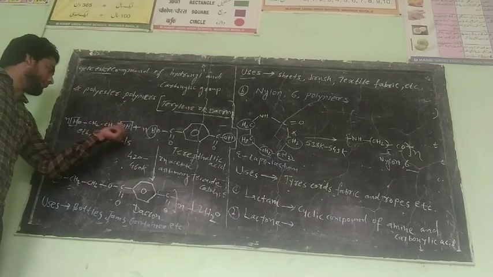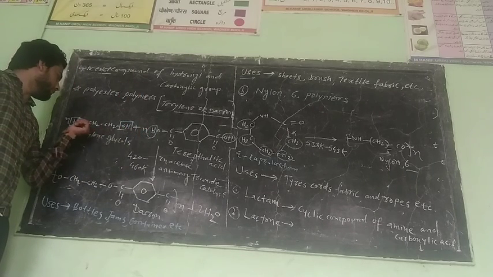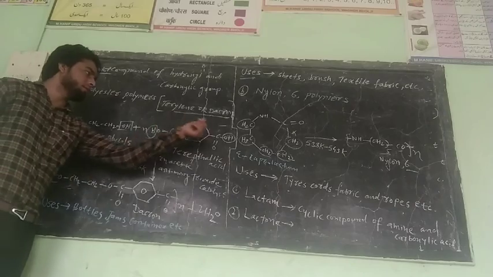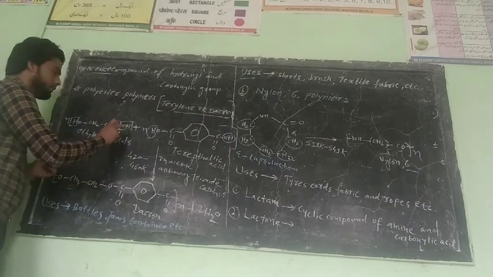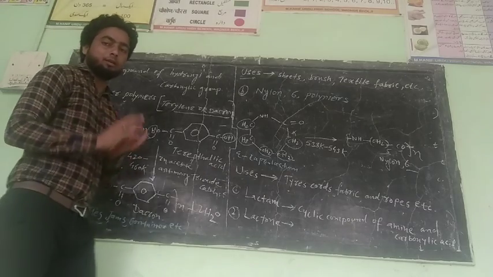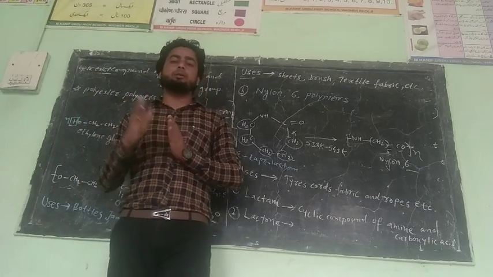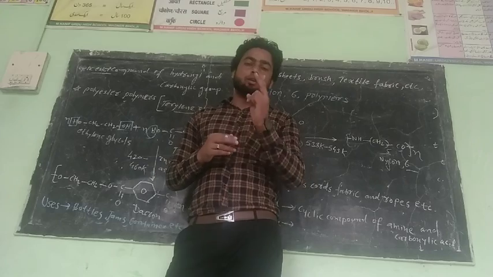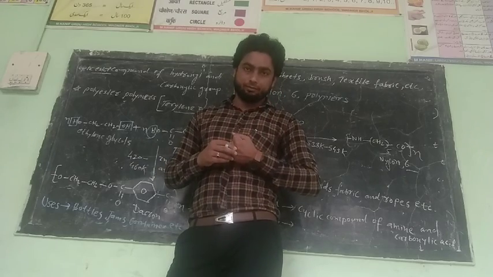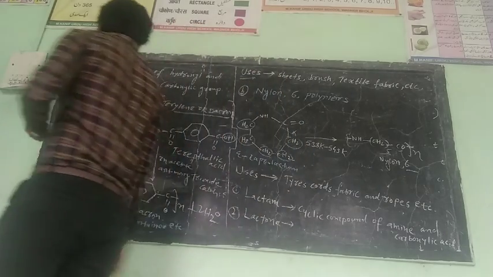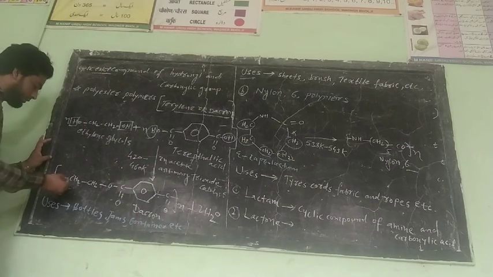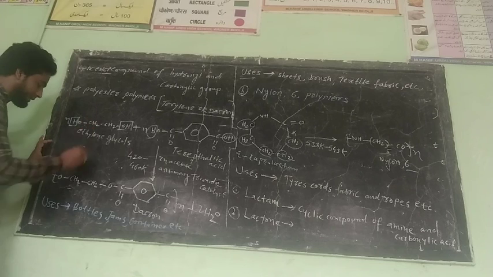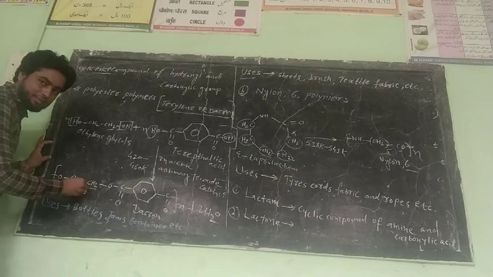So how many H? 1 plus 1, 2 plus 1, 3 and 1, 4. And how many oxygen? This one, this one. It means how many water molecules are lost? When ethylene glycol reacts with terephthalic acid, 2 water molecules are lost. Clear? So how does the reaction go for the remaining part? The remaining part arranges with each other. So we get the remaining oxygen O, then CH2 as it is, then CH2 as it is.